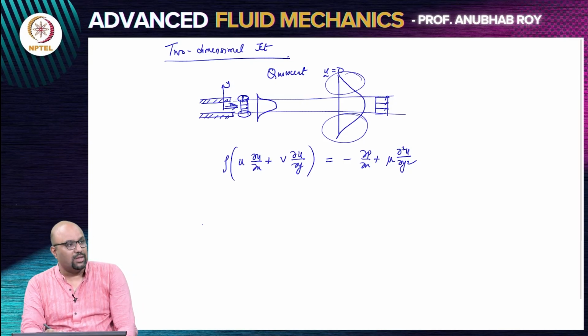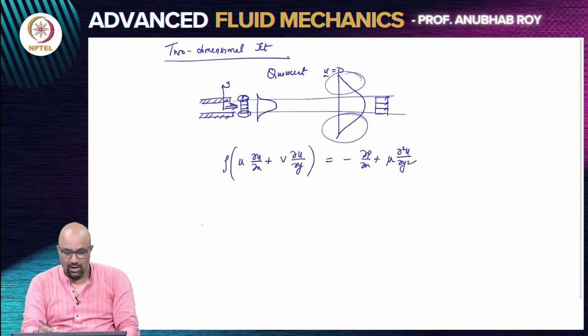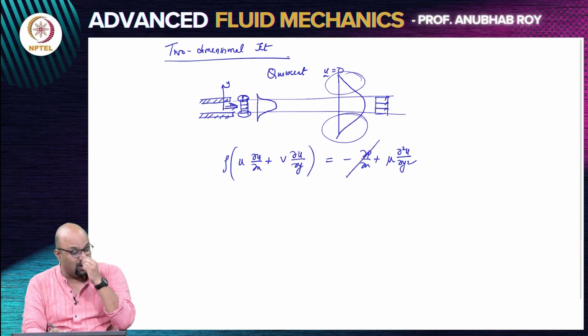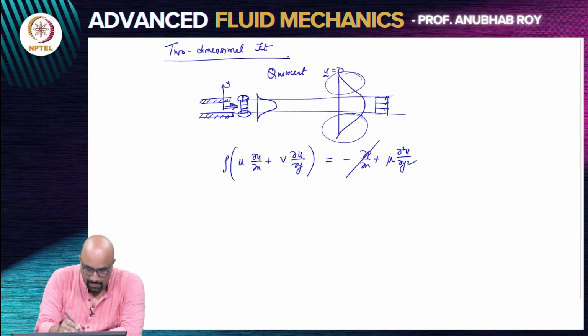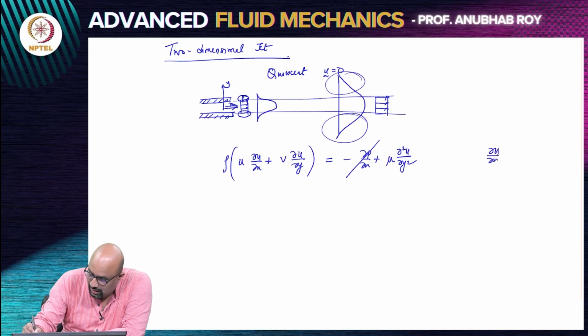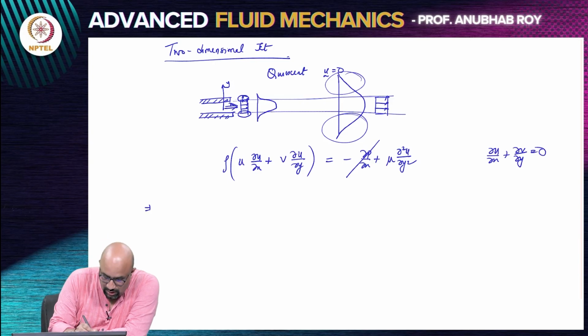Now, in this problem, there is no pressure gradient that is imposed. We are not imposing any pressure gradient. There is a jet that has come out from that orifice, and after that, that jet is basically spreading into the fluid. So, we do not have any imposed additional pressure gradient. Now, there is an additional continuity equation that we are aware of that is coupled with this. So, now what I will do is I will take this equation